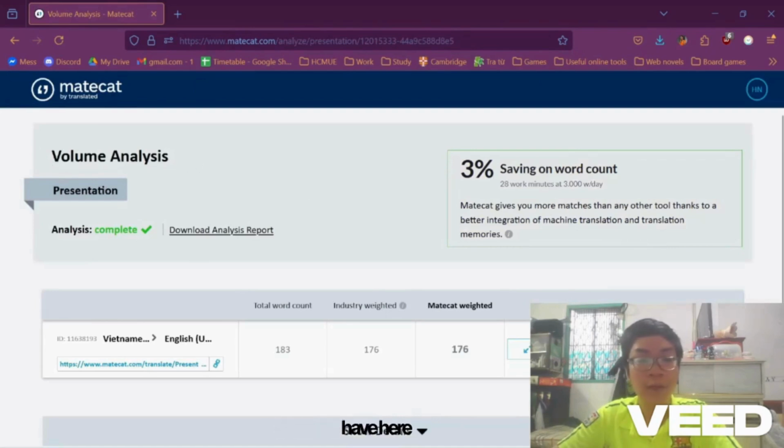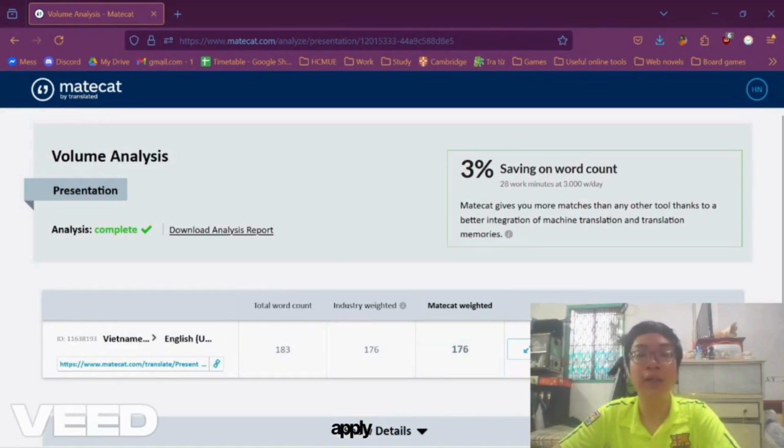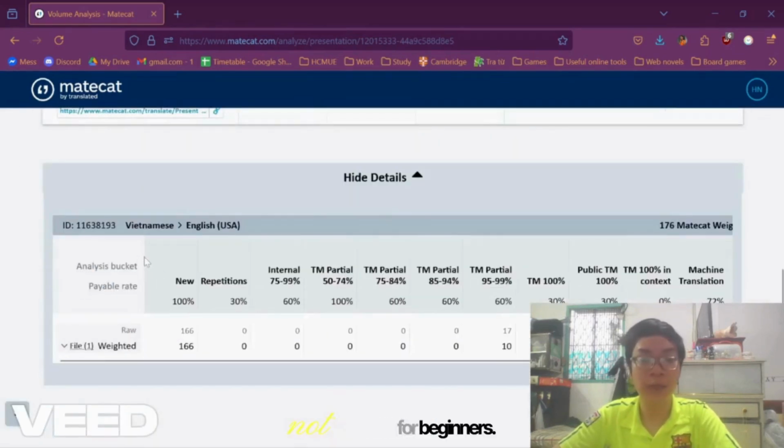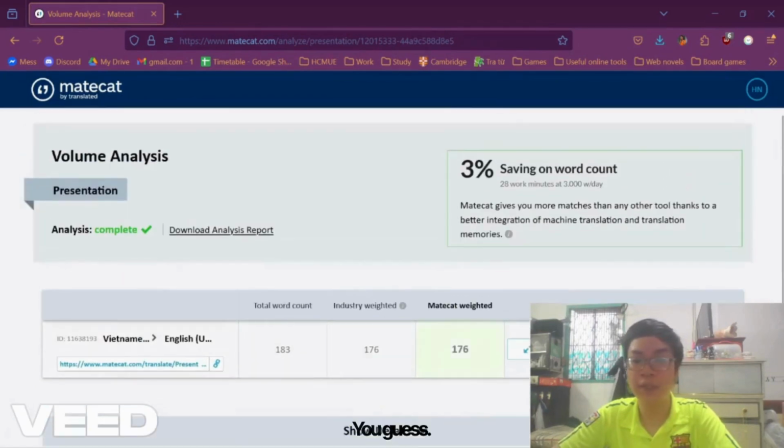Right. What we have here is the volume analysis. This number means that Matecat has seen 3% of the words in the document before, and it will apply the translation automatically. That means you don't have to do anything, right? This interface may or may not be useful for beginners. I mean, just skip all of these. I guess you can hire people to translate for you on Translated, or you can split it in sections for translators to work with, but it costs a lot, so let's just skip that